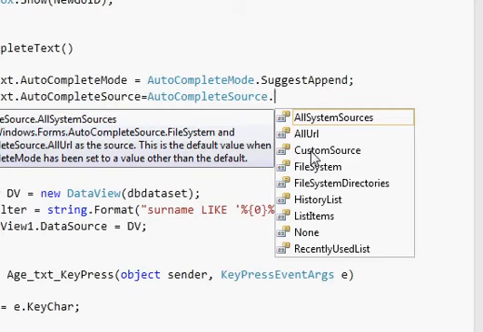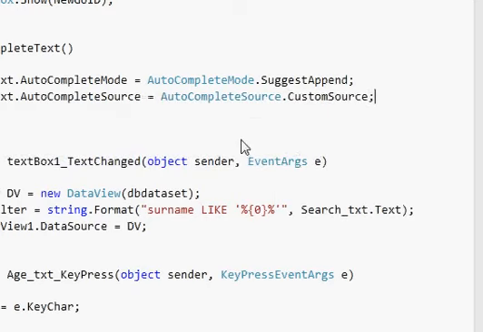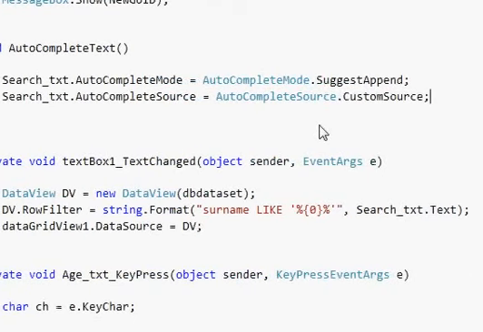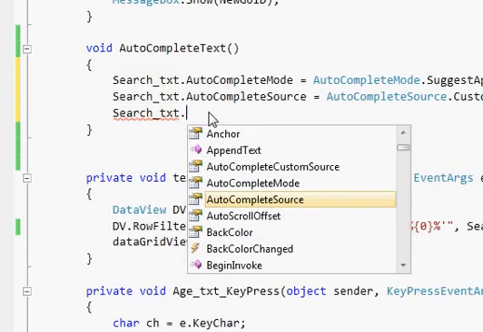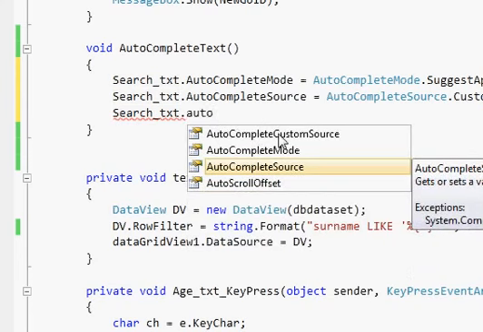We are going to select custom source, so just select this custom source and complete the bracket. And in the third line, just once again select your search box, paste it here, and then write dot autocomplete custom source. Just select this,